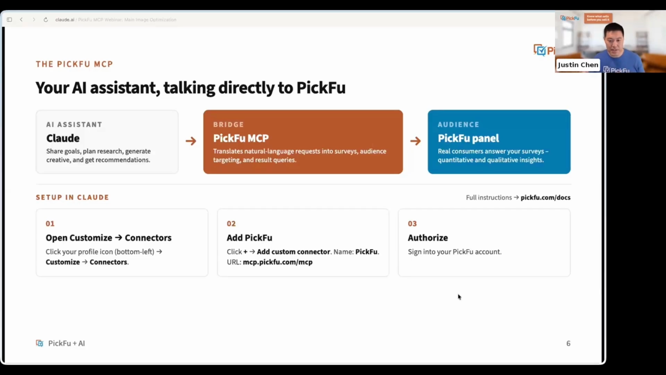So all of these services now have MCP connectors that allow the AI to chat and do things on your behalf. It translates your natural language queries, like "find my latest Asana task" or "grab my latest PickFu survey," into things that computers can understand. What that allows you to do, from the comfort of your AI assistant, which may be Claude, is tap into the PickFu panel in a natural language way